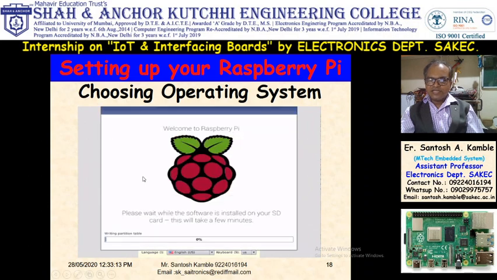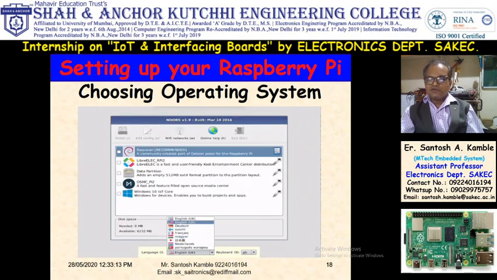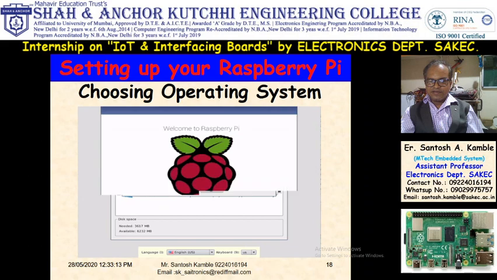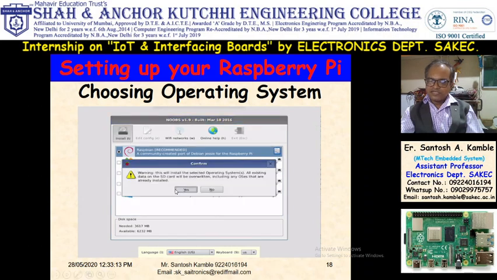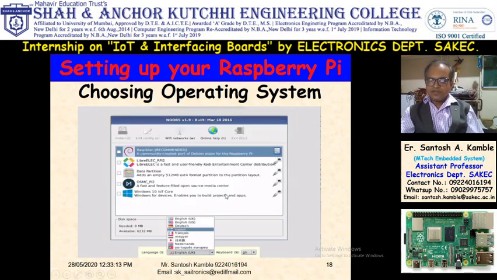You have to click on yes. You have to select the language, and then you have to click on install. When you click on install, it will start the OS. So select the OS, then click on install. It will ask for confirmation. Click on yes, then it will start the OS.